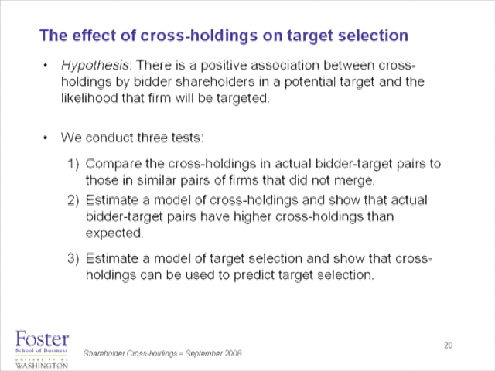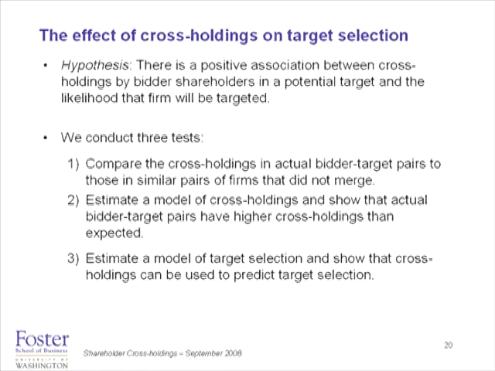And then we're going to move on to say, if cross holdings matter, then by any measure or any theory of toeholds, since they're sort of quasi toeholds, they should make a particular target more attractive the higher is the median or top 20% cross holding that your shareholders have. And so we're going to conduct three tests. They're not independent tests. They're different ways of trying to bracket the same question.